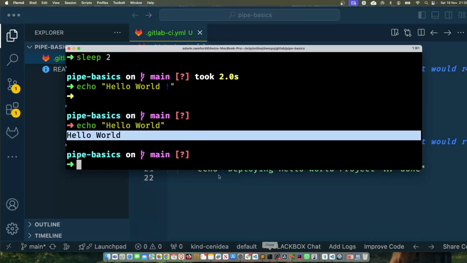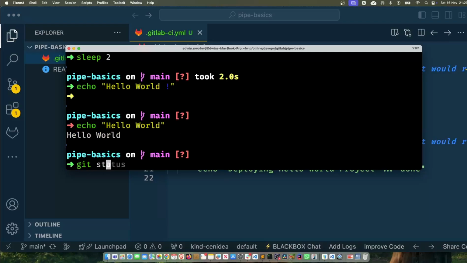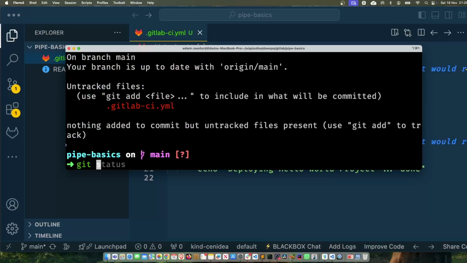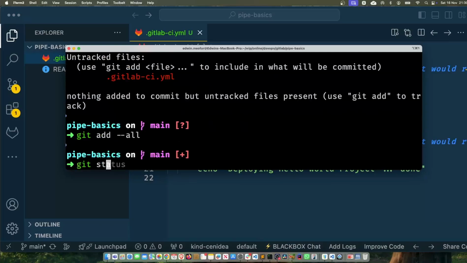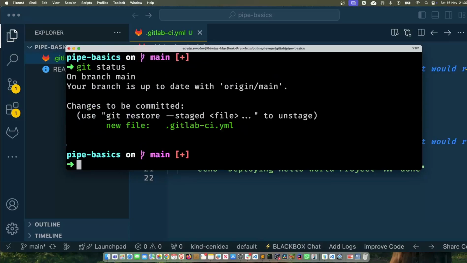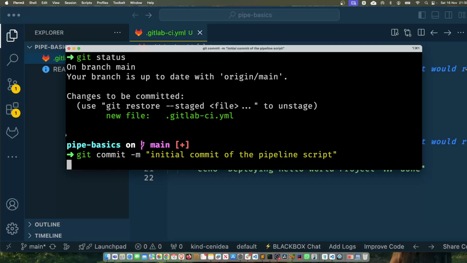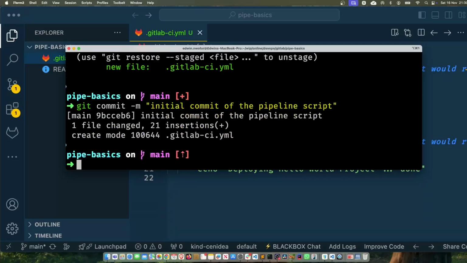So let's go and check in this code and see what's going to happen. We do git status, then git add, and then git status again, just to see. There you go. That's now indexed. So I'm now going to do git commit, and here I will say initial commit of the pipeline project, press enter. This will commit. Now I'm going to git push origin main,